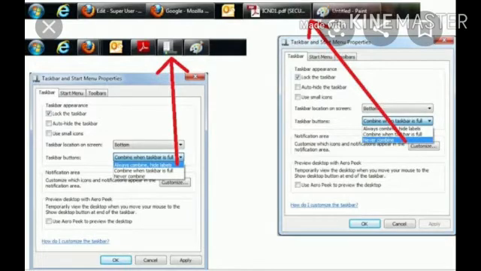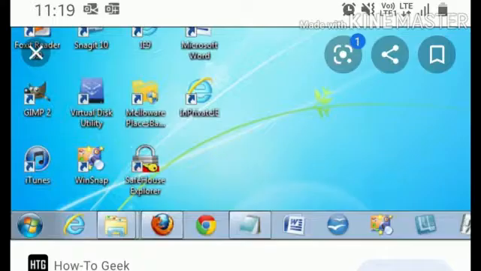Always combine hide label option will pile up the icons for the same program and only show those icons without their labels. Combine when taskbar is full option will pile up the icons only when there are many programs opened and there is no space on the taskbar.